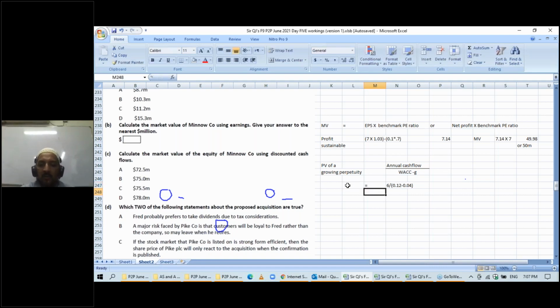So they discount the cash flow with the WACC. So 6 divided by, if the perpetuity is not a growing perpetuity,